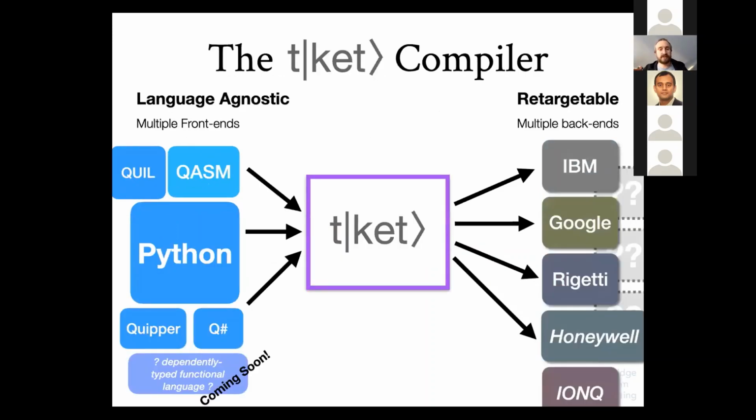And so when we say it's language agnostic, we mean that we can write software in the language of our choice, where that might be the low-level language called Chasm, something much more fancy like the functional language Quipper, or a huge number of different versions of Python. So Qiskit was mentioned in Oliver's talk, which is of course a Python framework, and many, many other frameworks are in Python for doing quantum computing. And we can accept input from any of these places, and Ticket can then generate code which can be executed on a wide range of different platforms.